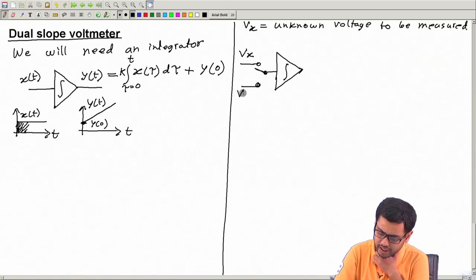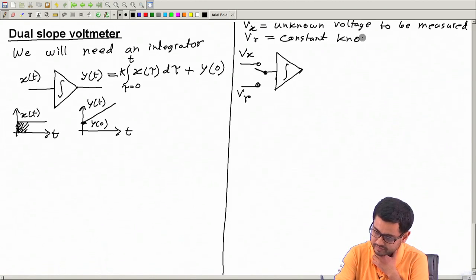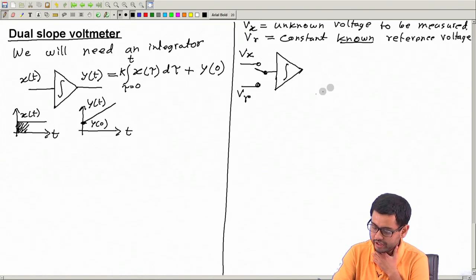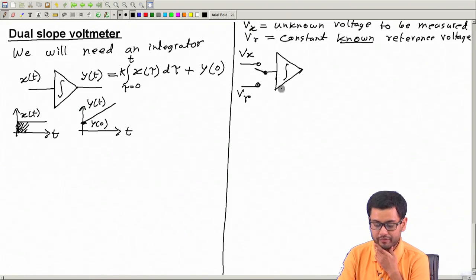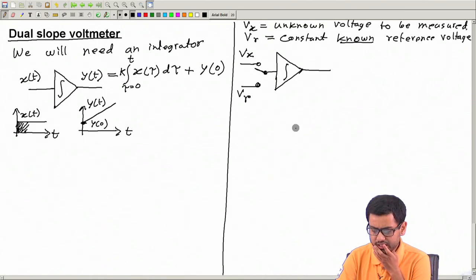And this I call VR. VR is a constant known reference voltage. So, we have these two things, and now